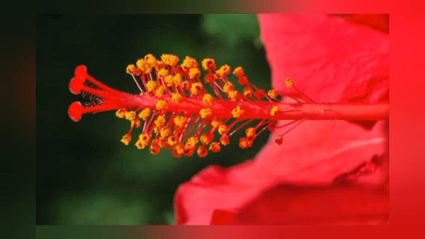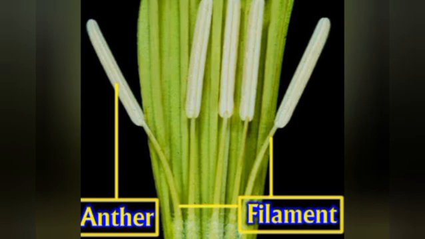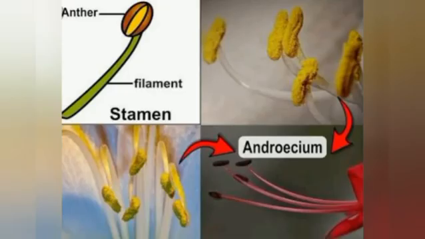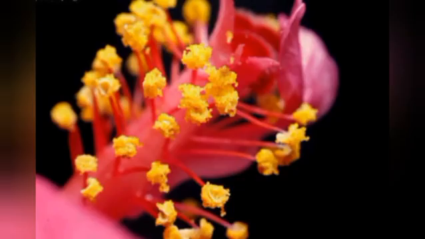Look at the picture, students. It is a long tube in the hibiscus. And then in datura, you can see only 5 stamen structures. This ring of a flower is called androecium. Each stamen consists of 2 parts. First one is the filament and the second one is the anther. If you touch these loops in a mature flower, you get a powdery substance called pollen grains. It is called the male reproductive part of a plant.